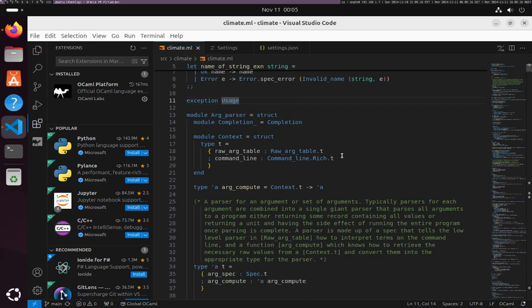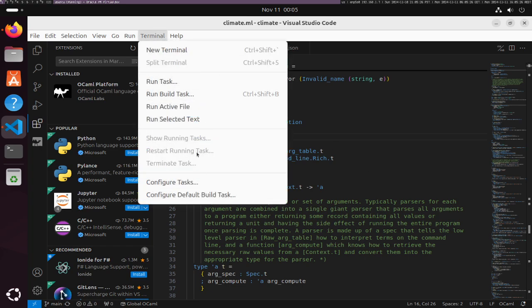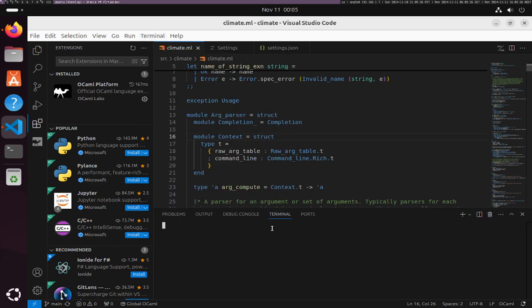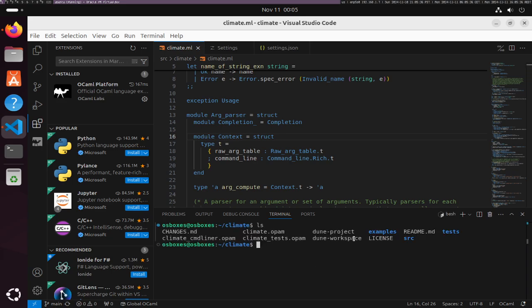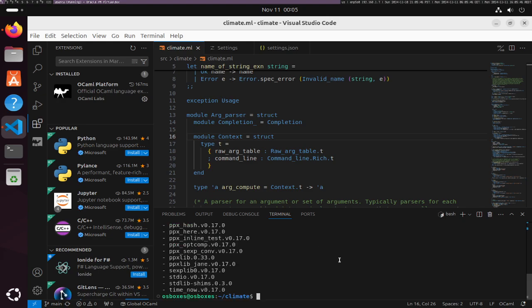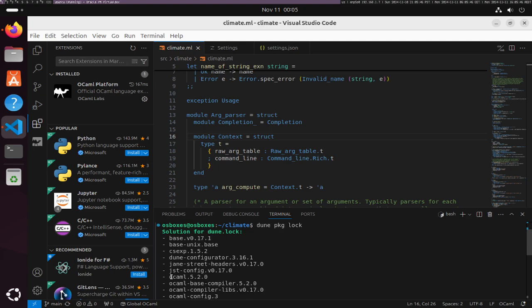It's not going to work out of the box because in order to install LSP, you need to know which version of the OCaml compiler we're going to use to build this. But you don't know that yet because we haven't locked the project. So let's grab a terminal, and you can see there's no lock file here. If I run dune package lock like this, it will lock the project, and in doing so choose which version of the compiler is going to get used to build the project. Okay, so you can see here it's picked 5.2,